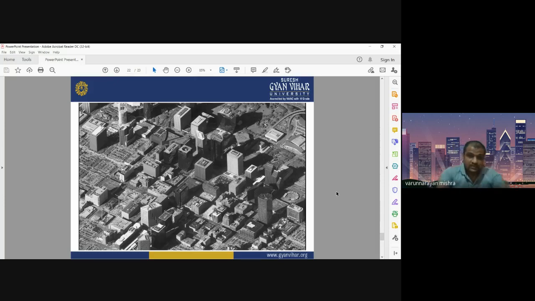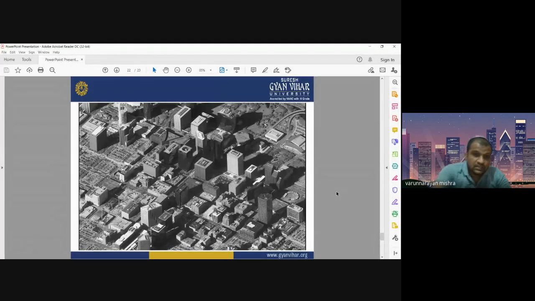And if you are getting such images with good details, it will be very useful for urban planning and urban mapping. If you are going to work on urban planning, if you are going to develop a new city, a new urban area, you need this much detail so that you can easily identify the location, the buildings, their shape, size, road network, each and every thing.